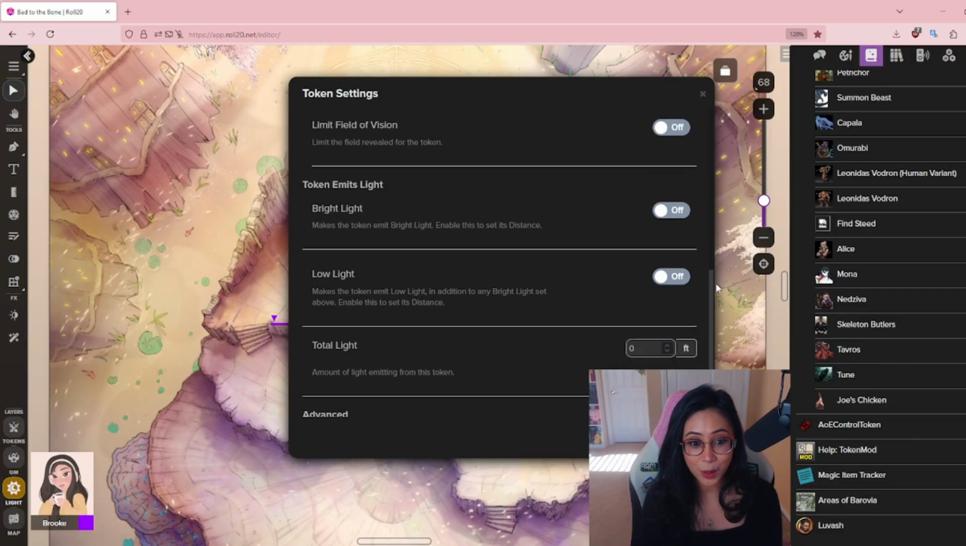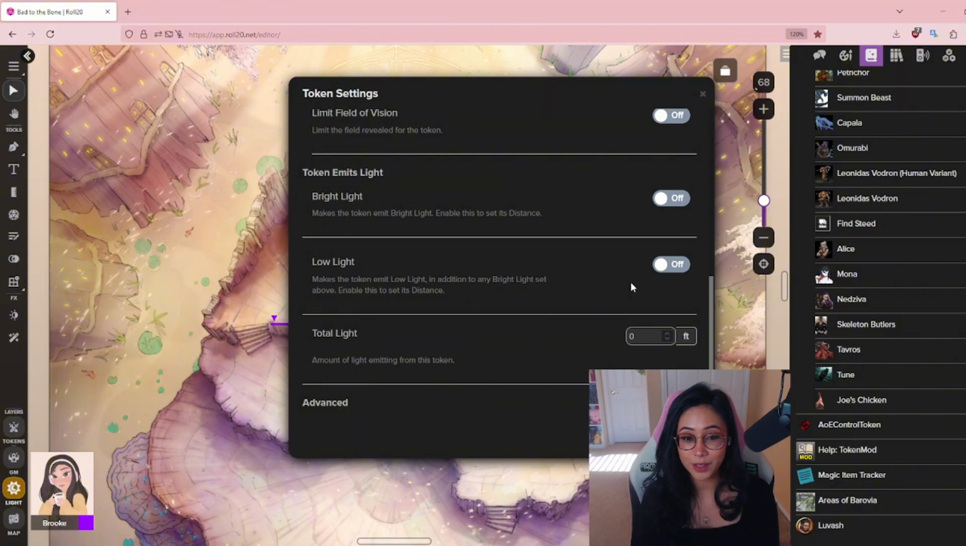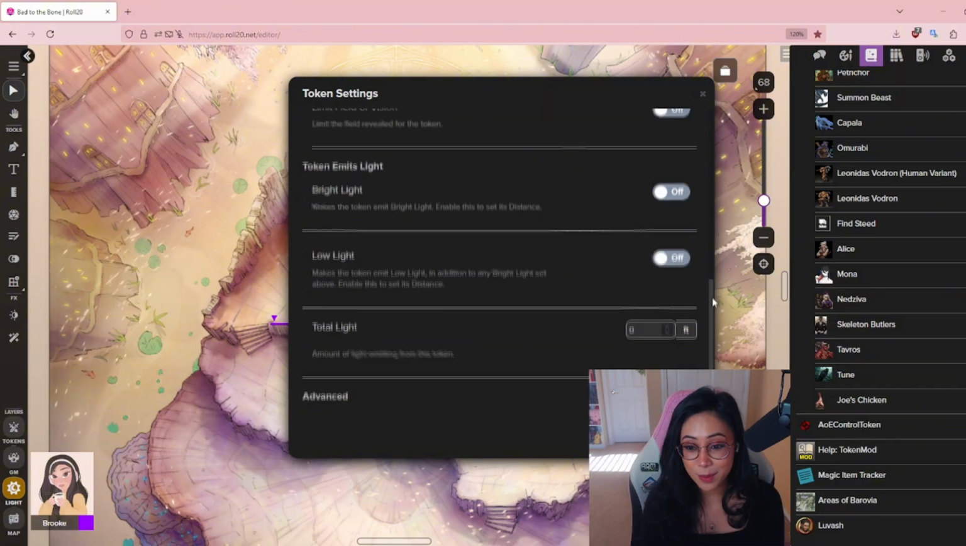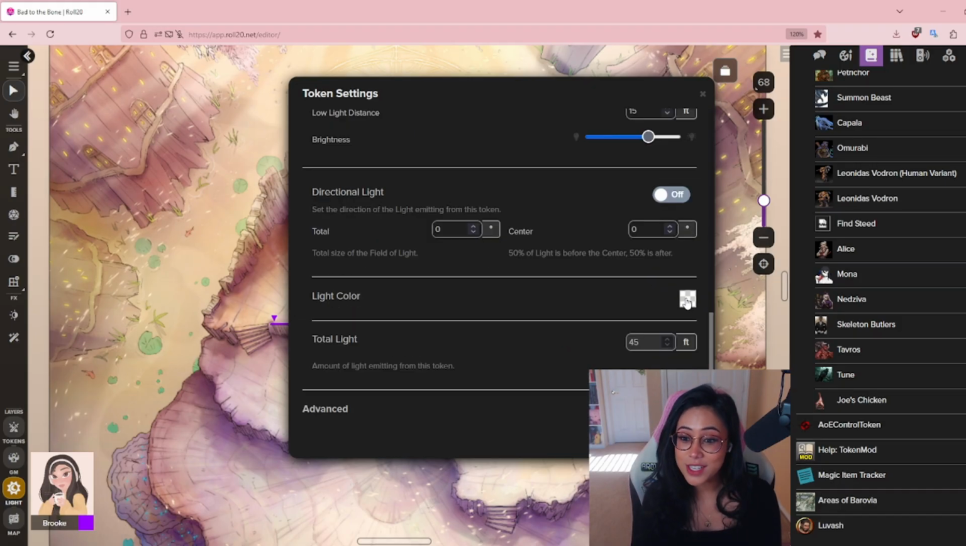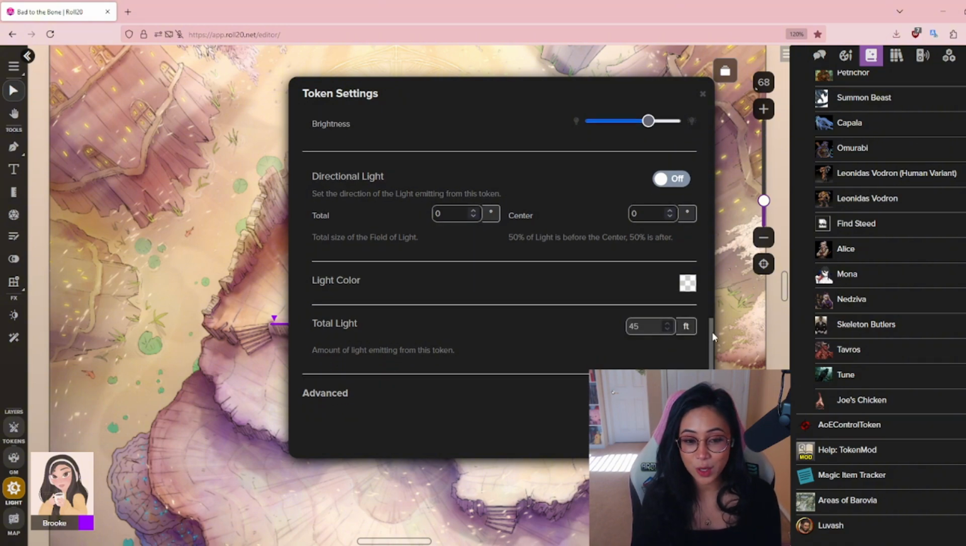You can also have the token emit bright or low light if they're carrying a torch or if they've cast a light spell. You can also just give them a total amount of light if you don't want to fiddle with radiuses. You can also change the color of the light here as well. There are a ton of different settings, so feel free to go in and customize based on what your encounter